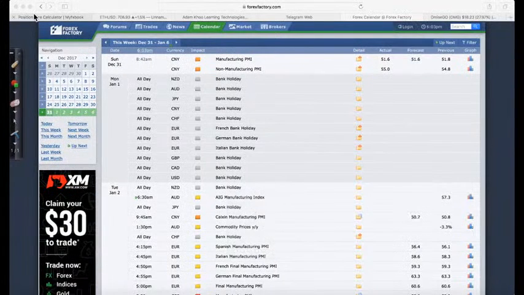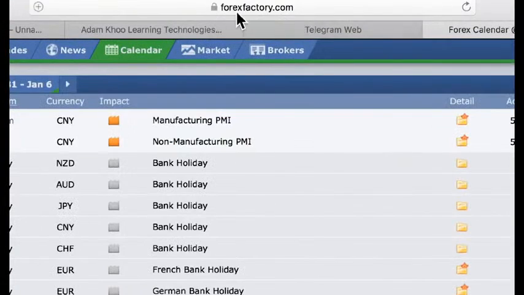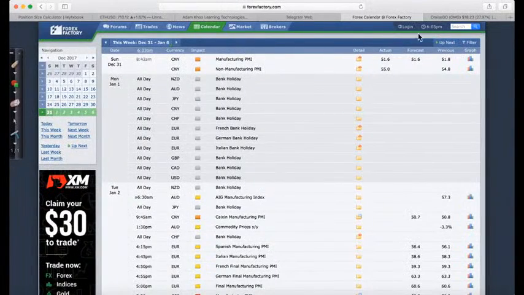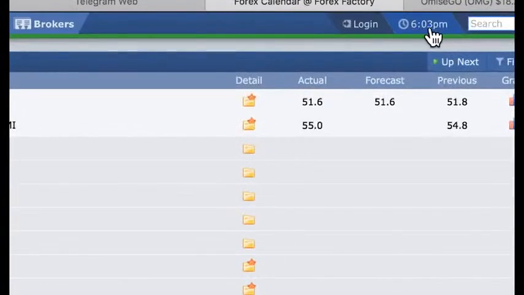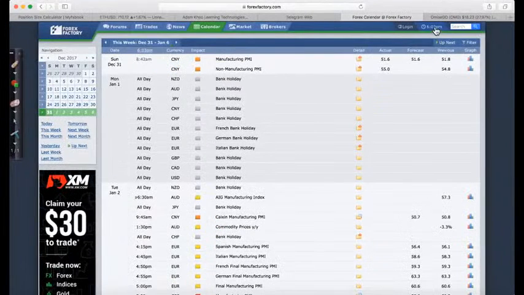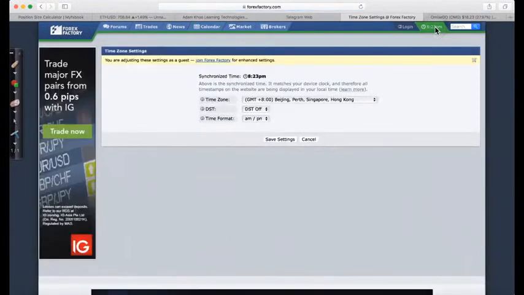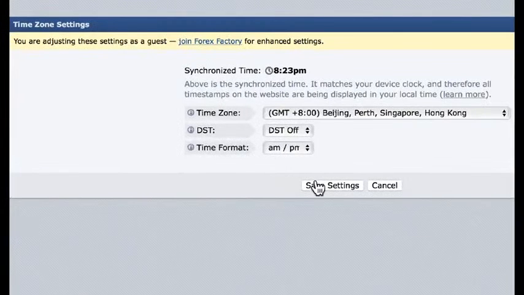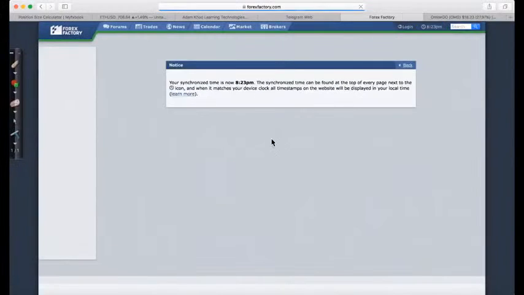Alright, so next I'd like to remind you about the importance of always checking the upcoming news on the news calendar at Forex Factory. So every day before I begin my trading for the currency markets, I will log on to forexfactory.com. That's the first thing I do every morning. And I would adjust the clock to my local time. So you have to click on this time and synchronize it to your local time. Save the settings